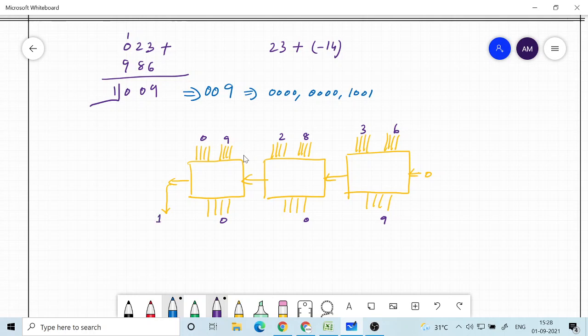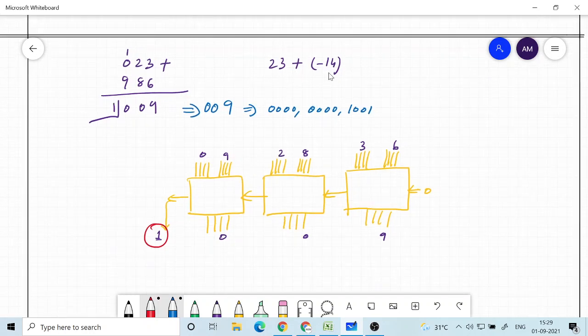If 1 comes, I will just discard it. So this will be discarded. So 009, that is my answer. What is the answer? 23 minus 14 is 9. So our answer is correct.